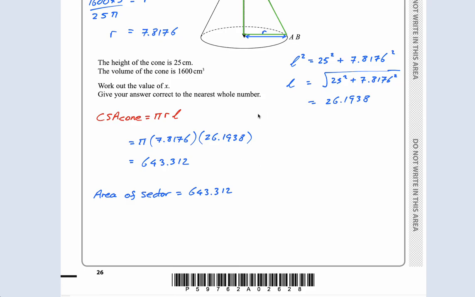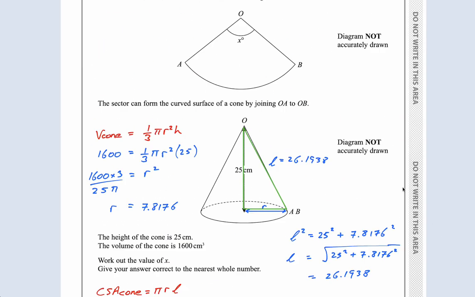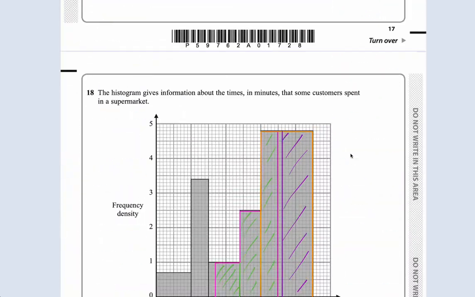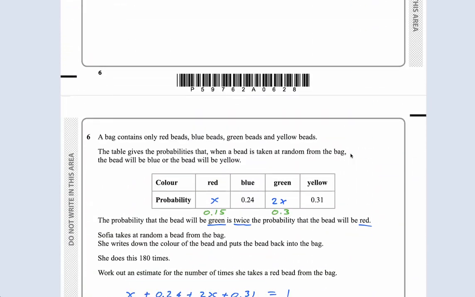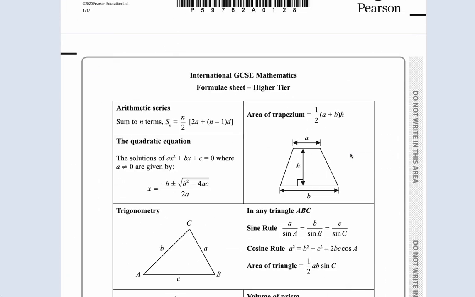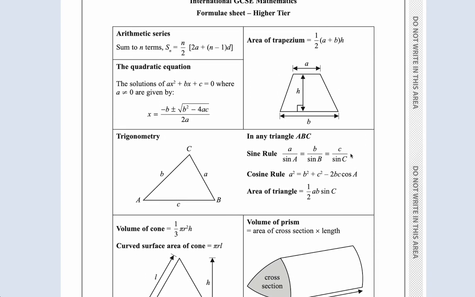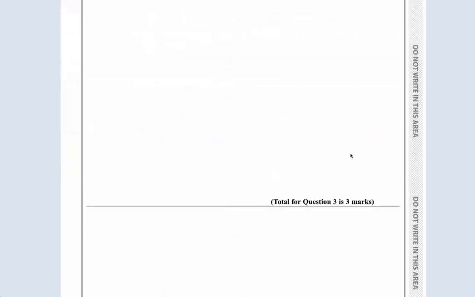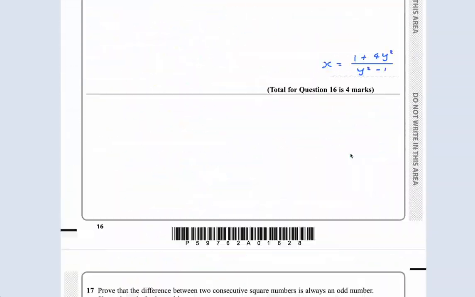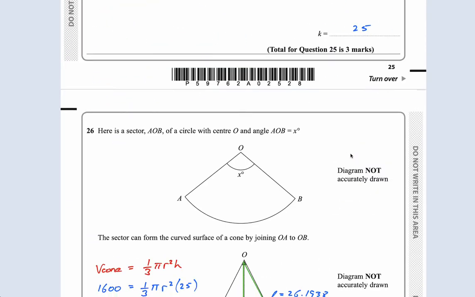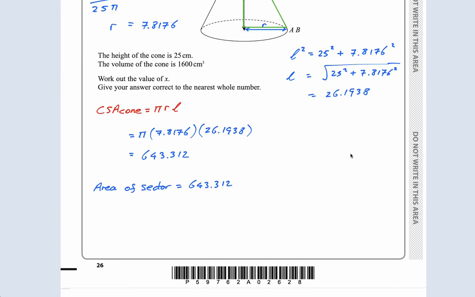Now, I've actually, guys, just forgotten. I haven't forgotten the formula for the area of a sector, but I've forgotten if you are given it in your formula sheet. Let's check. Okay, you are not given it. So the area of a sector formula you are not given, but you need to remember it. Now there's quite a nice easy way to remember it. The area of a sector,